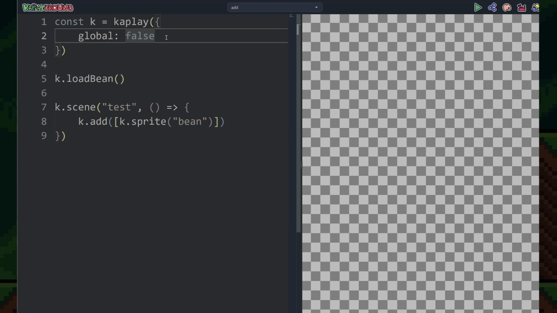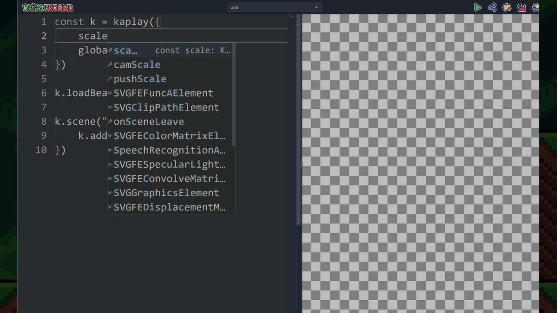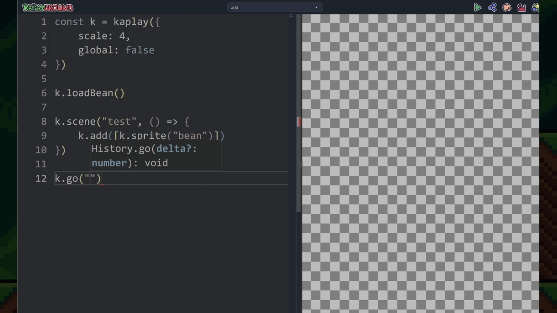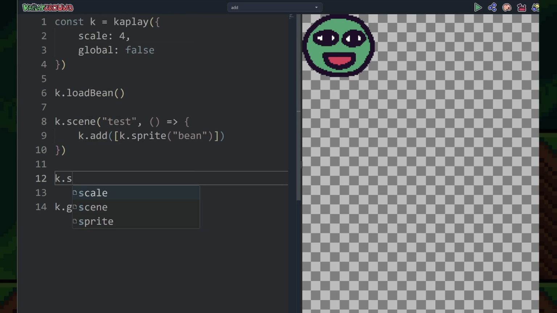Here in the Kaplay initializer, I'm going to also make the scale 4 times so things are clearly visible. And then here, to go to a specific scene, you do k.go and then the name of the scene. And here you can see the bean character. So now if you add another scene, k.scene,